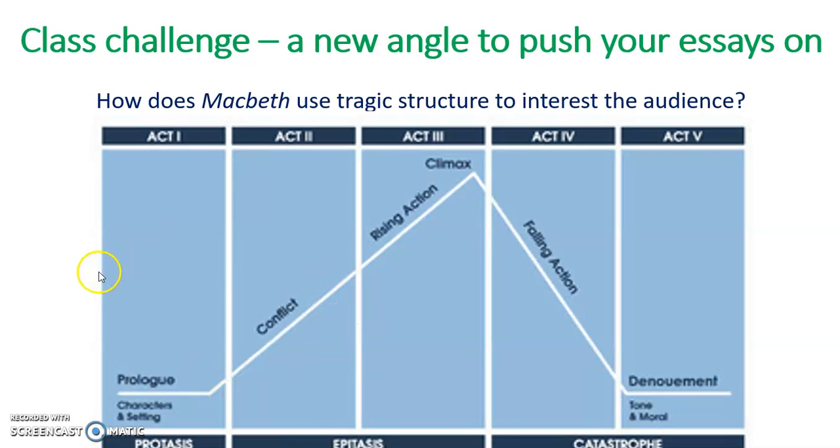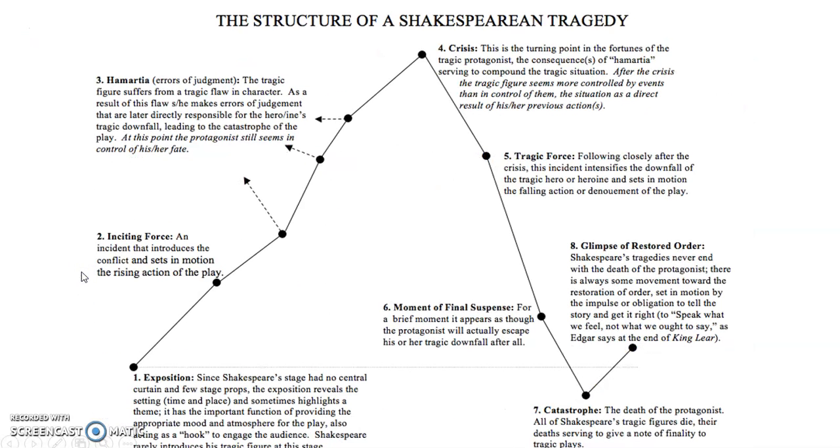Another way of thinking about this, in a more detailed and typically Shakespearean way, might be to use this graph. So if we have a look at the first few moments along this trajectory, we have the exposition at stage 1. We learnt the word exposition when we were doing the well-made play with An Inspector Calls. So exposition is just setting up the story, isn't it? It's giving us the background information that we need to know. So let's have a little read of exposition.